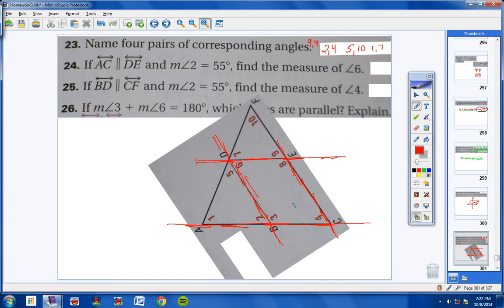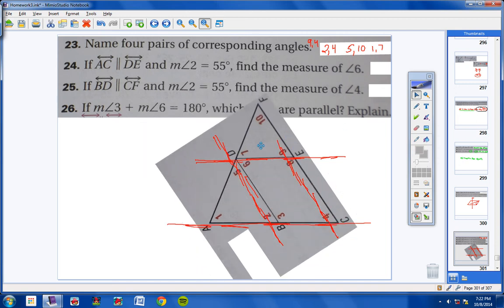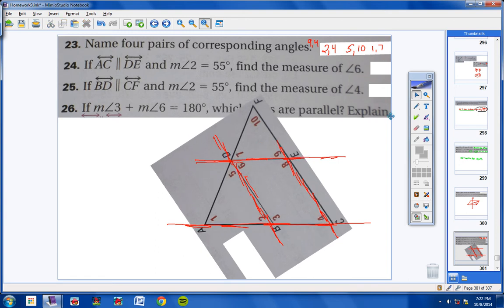If I gave you a problem like this on a test or a quiz, you would want to put a notebook paper over your test or quiz and just trace the lines that you need, and then lift your paper up and it will look like this here. Okay, now let's get the angles written in here. I did forget to do that. So we're dealing with angles 2 and 6. So this is angle 6 right here, and angle 2 is